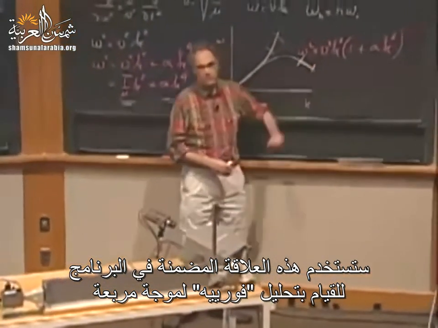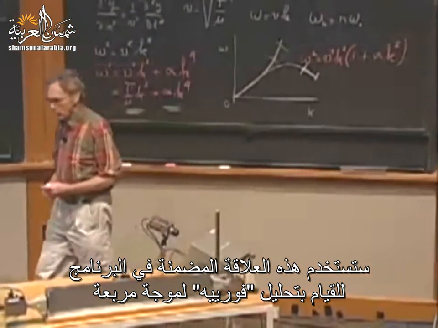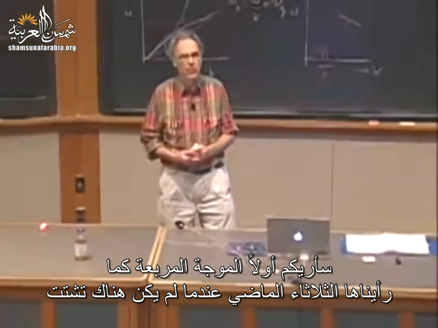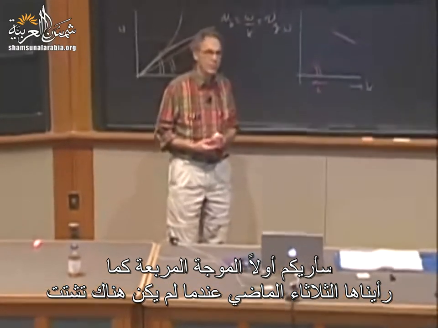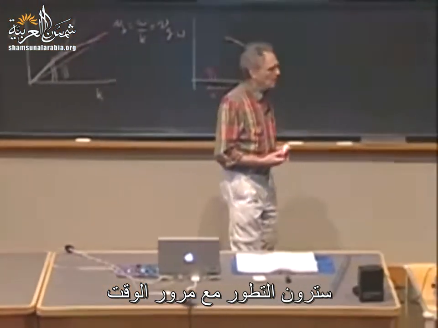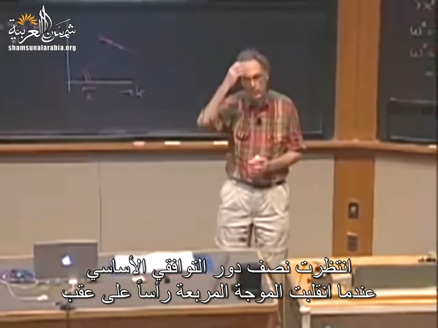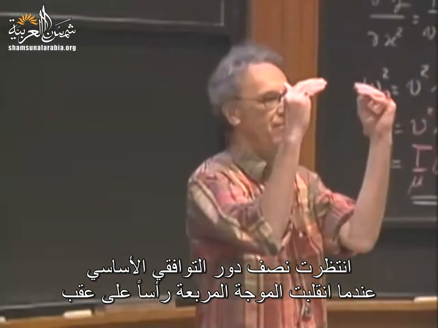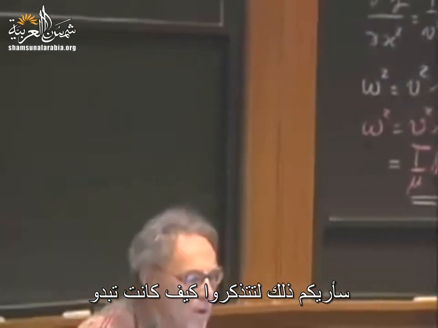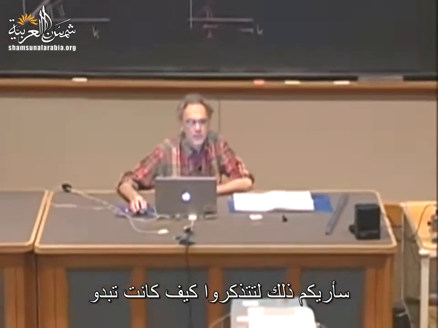This toy model will be used to do the Fourier analysis of a square wave. I will first show you the square wave the way I showed it last Tuesday when there was no dispersion. You will see the evolution in time. And I waited half the period of the fundamental when the square wave came out upside down. I will show you that to remind you of what that was like. And then I will add some